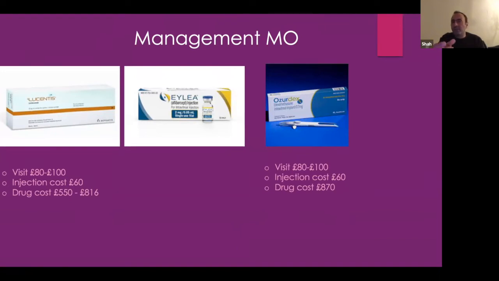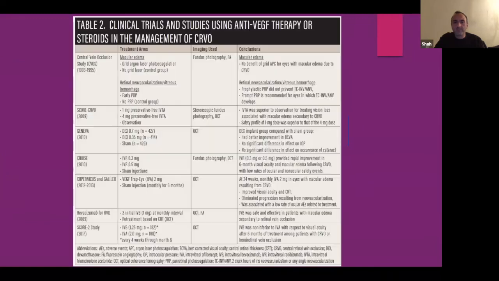And if after 3 or 6 injections they're not getting what they should, we switch. So if I've started on Lucentis, I'll probably switch to Eylea next. And if Eylea doesn't work, then maybe Ozurdex, and vice versa. Ozurdex, probably go to Eylea, and then if not, Lucentis and Avastin, if they want to use that as well. So lots and lots of very different trials showing how wonderful these anti-VEGF and Ozurdex implants are.